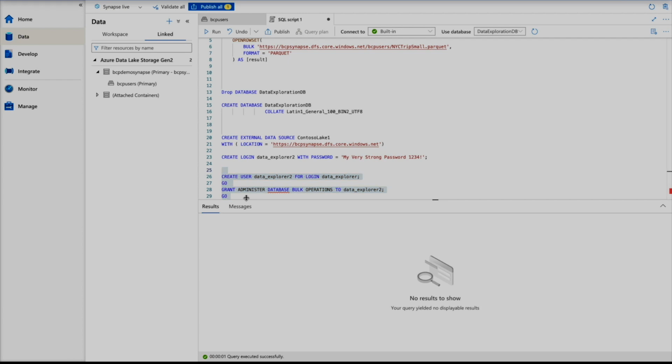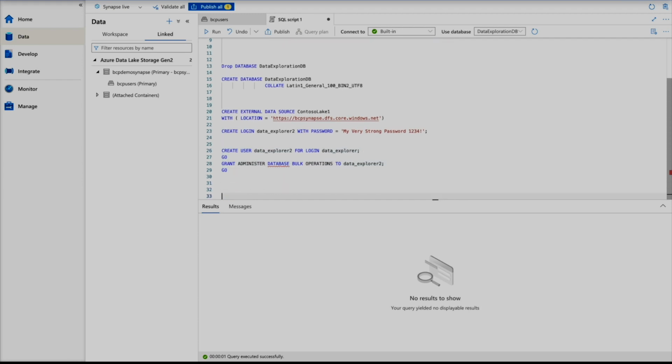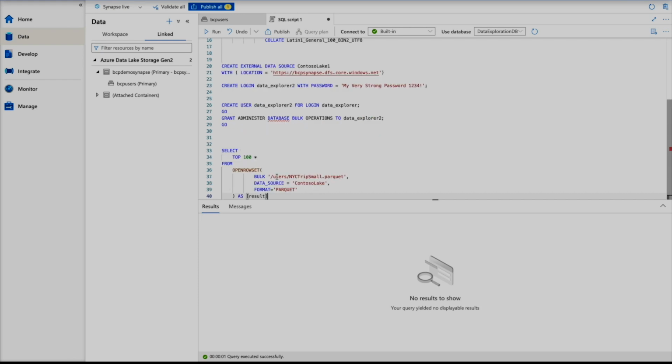Now the only last step remaining over here, which we are going to do, is to explore the content of the file using the relative path and the data source. We have created the external data source, and now we are going to explore the content of the file. So how to do that? For that, there is a script that you need to run, and what you can write over here. So you have to write something like this, but here make sure that your path is correct, because if you